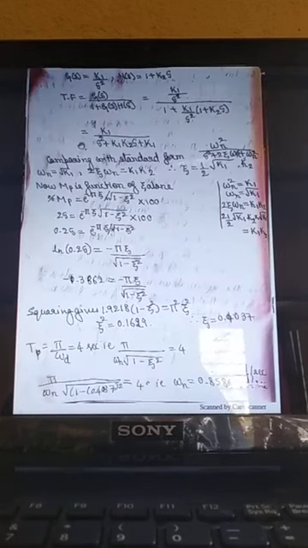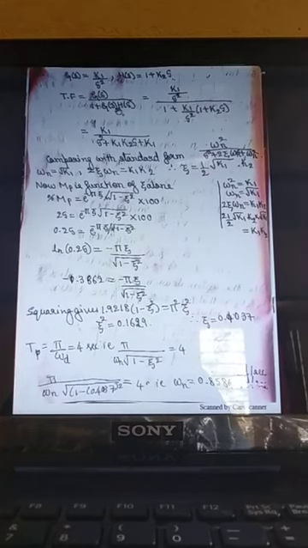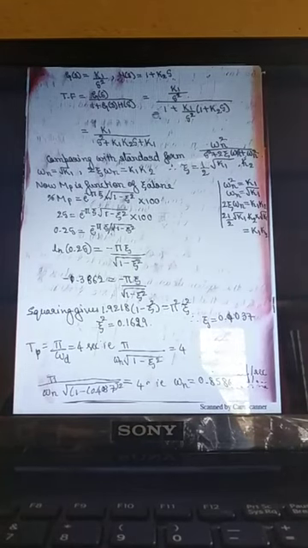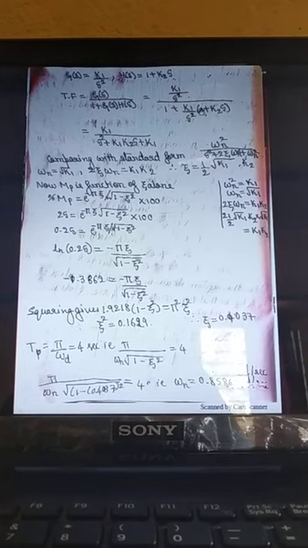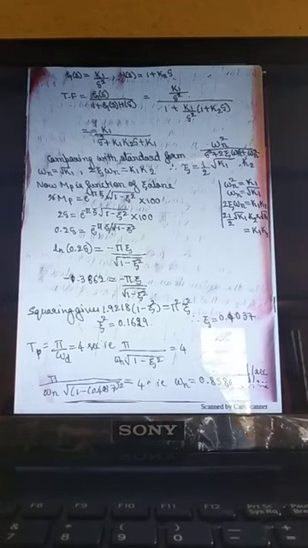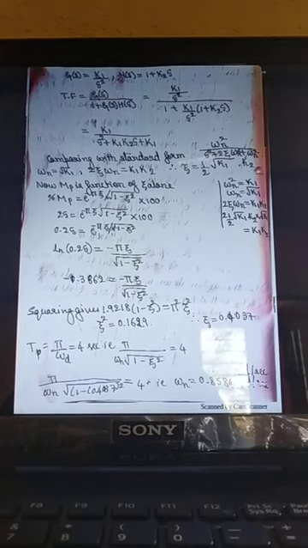Transfer function is equal to G of s divided by 1 plus G of s into H of s. You know the values of G of s, H of s. Substitute: K1 divided by s square, divided by 1 plus K1 divided by s square into (1 plus K2 s). You will get K1 divided by s square plus K1 K2 s plus K1. Compare with the standard form, so that you will get omega n is equal to square root of K1 and zeta is equal to 1 by 2 into K2 into square root of K1.